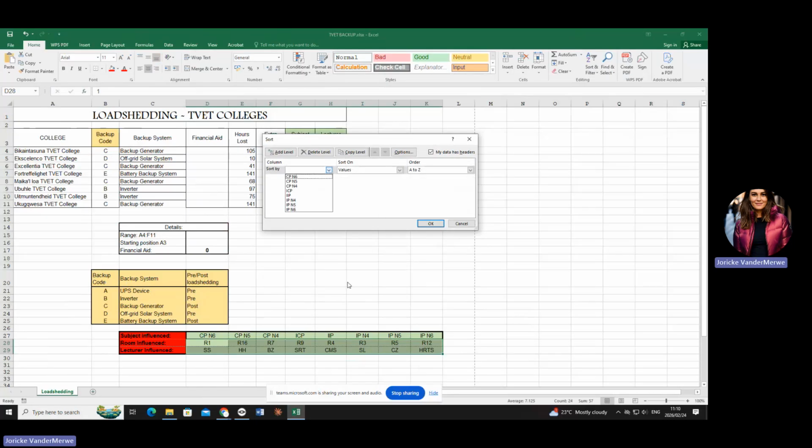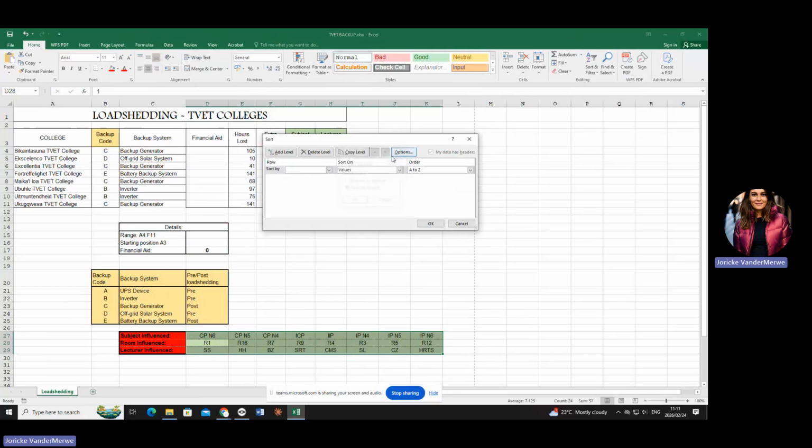Now, this is the thing that you cannot do. You have to say options. You have to say sort left to right. Why left to right, darlings? Because it's a horizontal table. Look here. It's left all the way to right. A vertical table is going to be top to bottom. Are you with me, darlings?